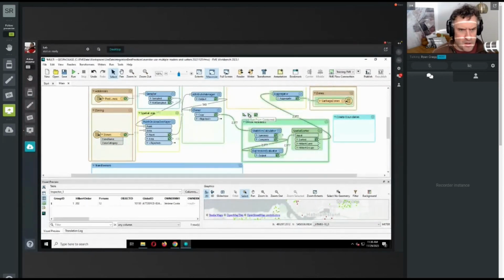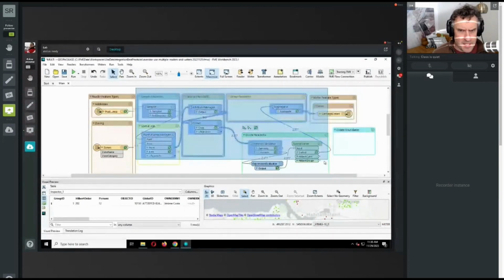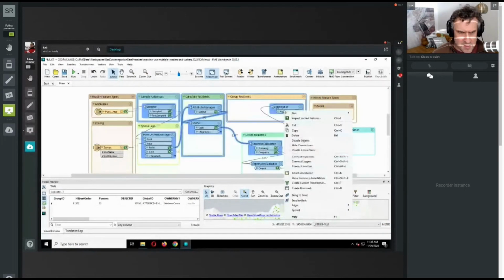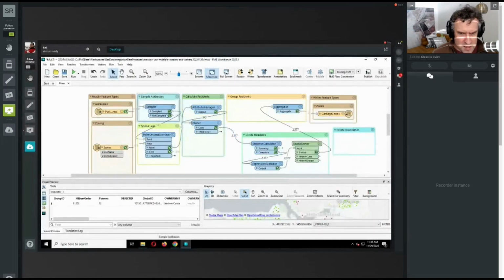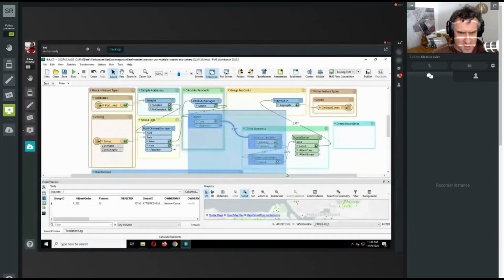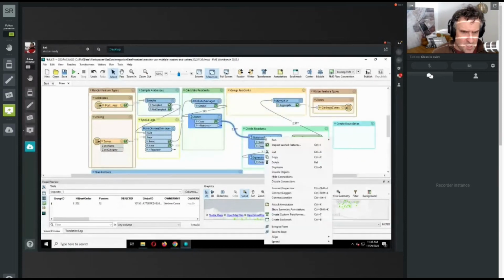You can also select a number of transformers. And if you right click, that should also, no, no luck that time. You can run between selected sometimes. There we are. Run from selected, run to selected, run between selected. So you have a number of options with how,